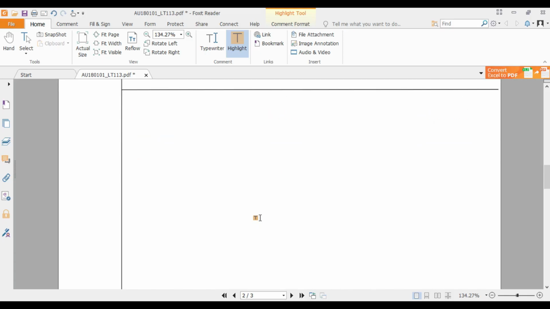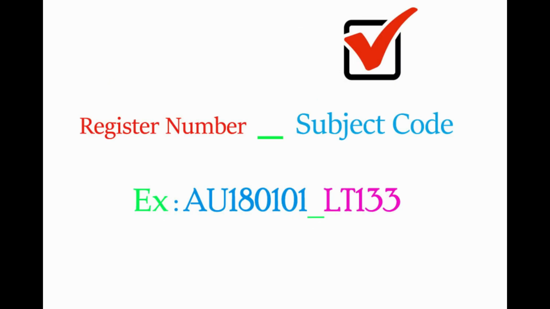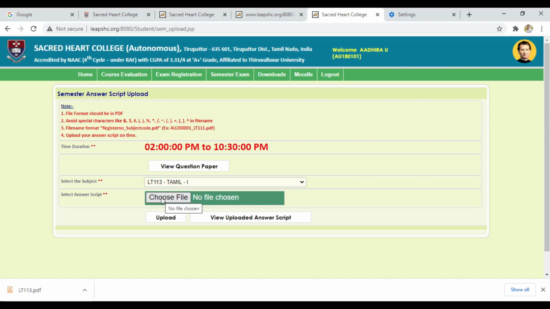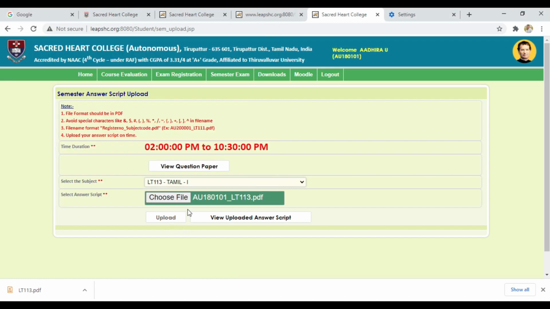After writing your exam, scan the answer script and convert it into a single PDF and enable the name option. Save the file in register number underscore subject code format. Now in the web page, click choose file option to upload your answer scripts. Now you will see your roll number underscore subject code is displayed there, and once you see this, now click